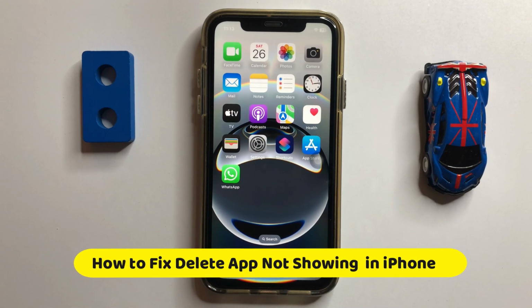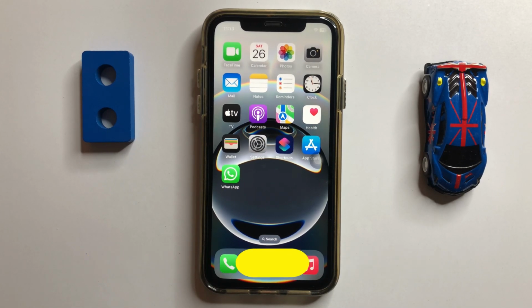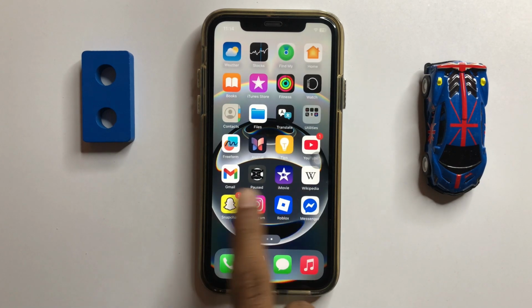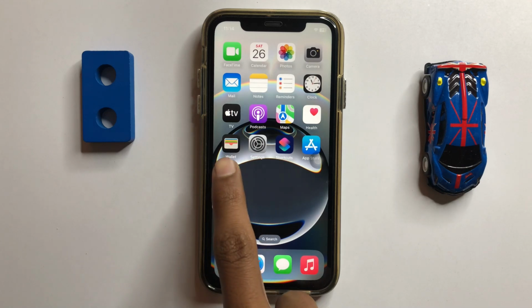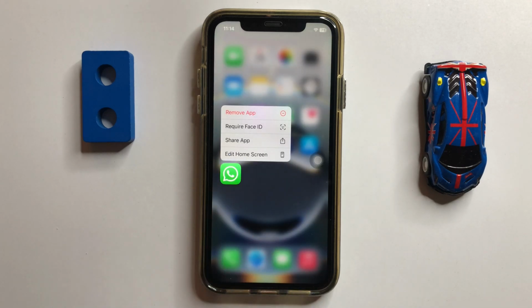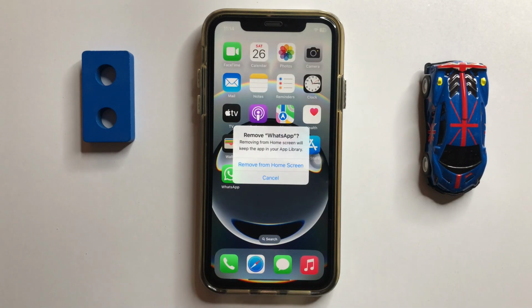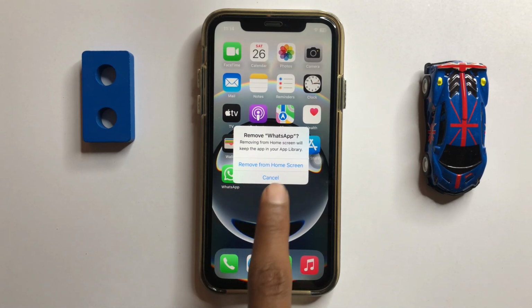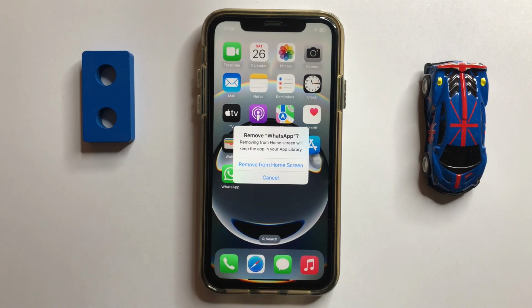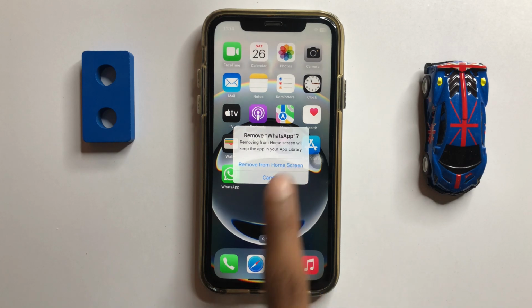How to fix delete app option not showing in iPhone. So let's start the video. First of all, press and hold on an app and then click on remove app. Now here you can see no delete option, and if you want to fix this problem, then simply first of